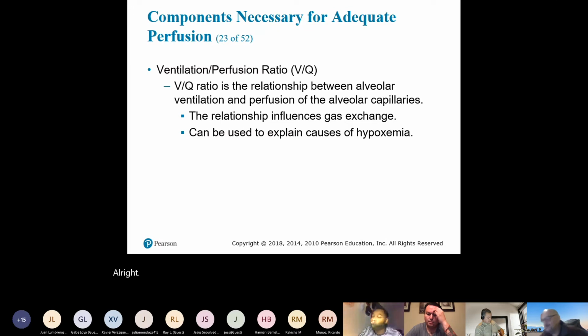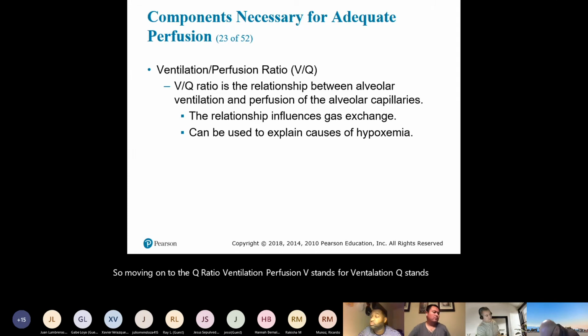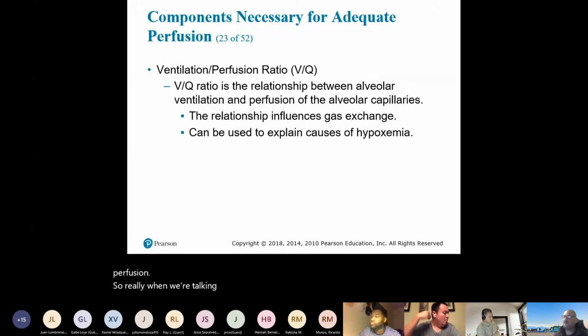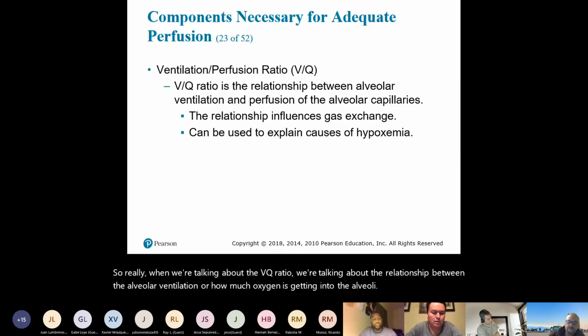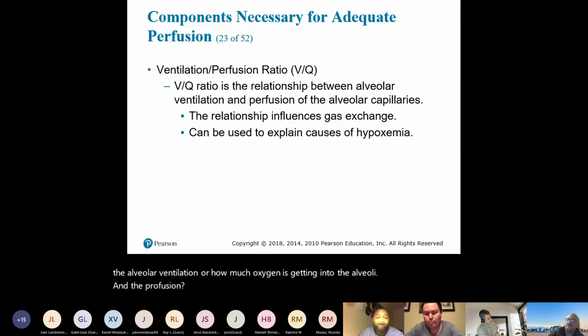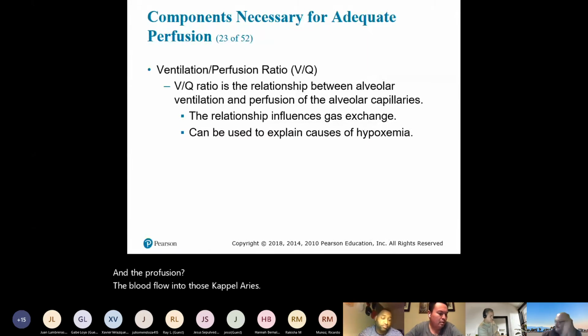So moving on to VQ ratio, ventilation perfusion. V stands for ventilation, Q stands for perfusion. So really, when we're talking about the VQ ratio, we're talking about the relationship between the alveolar ventilation, or how much oxygen is getting into the alveoli, and the perfusion, the blood flow into those capillaries. As air comes in,